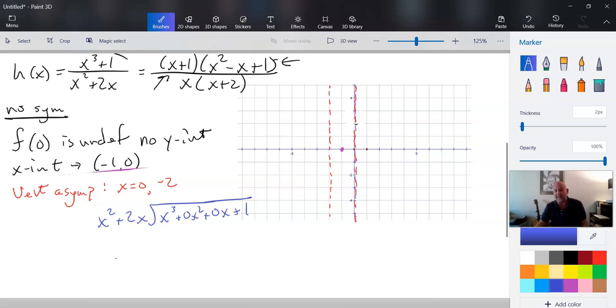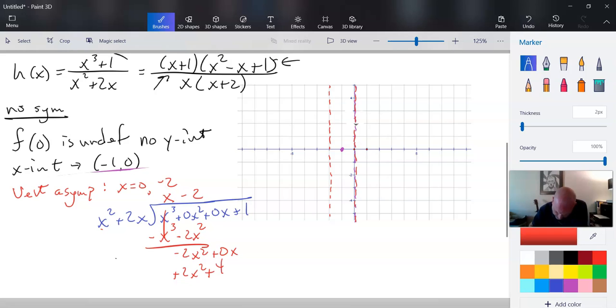Now, you ask yourself the exact same questions you did before. You say, okay, so I'm just going to concern myself with the leading term. X squared times what gives me x cubed? Well, the answer is x. And if I multiply through and subtract, I get minus x cubed minus 2x squared. So those cancel, and I get my minus 2x squared here. And then I'll bring down my plus 0x. And let's see here. We got x times minus 2 will give me minus 2x squared. So if I multiply that through, that gives me plus 2x squared